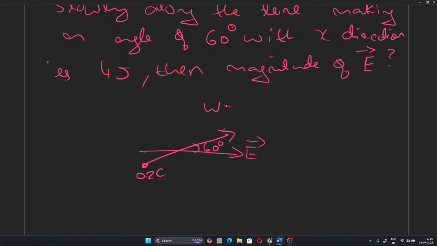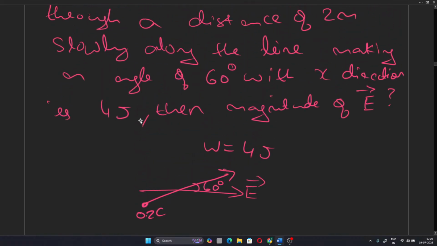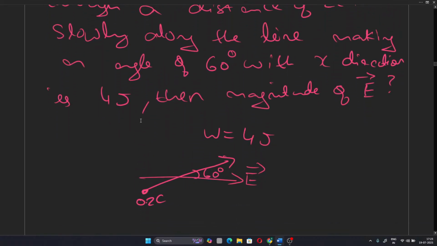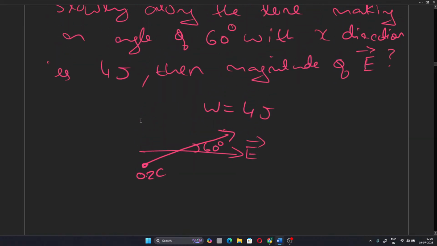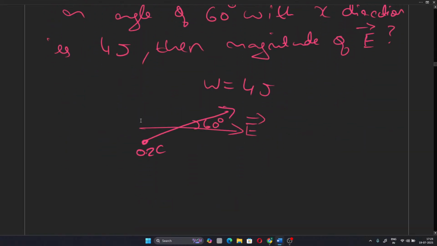Work done here is 4 joule. Now the distance is 2 meter,